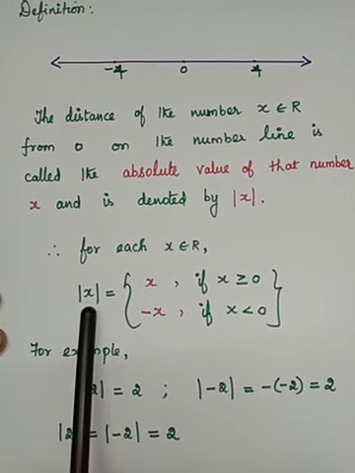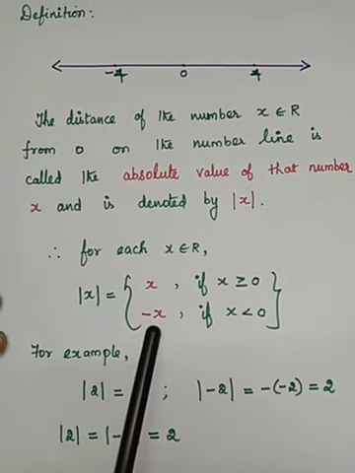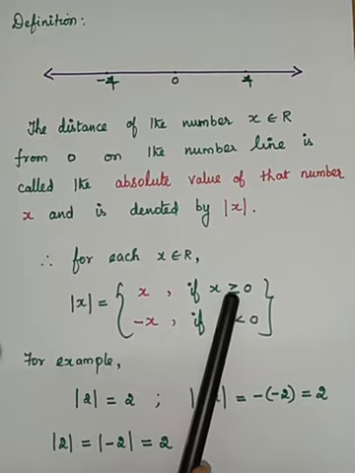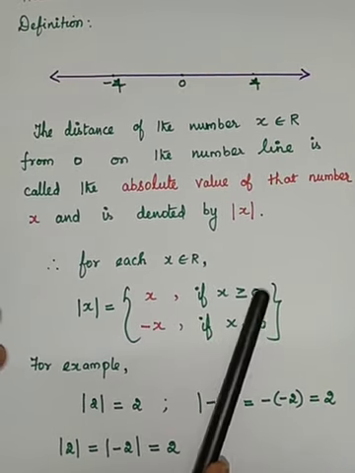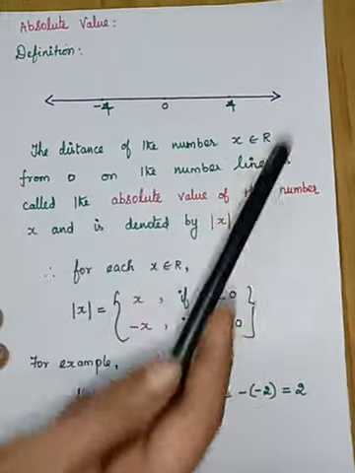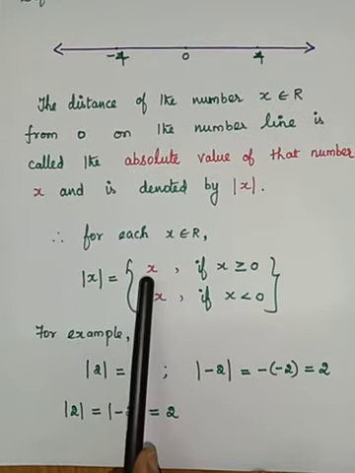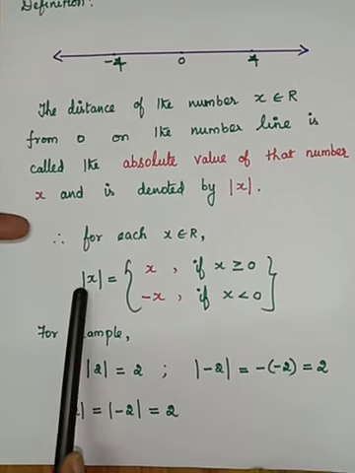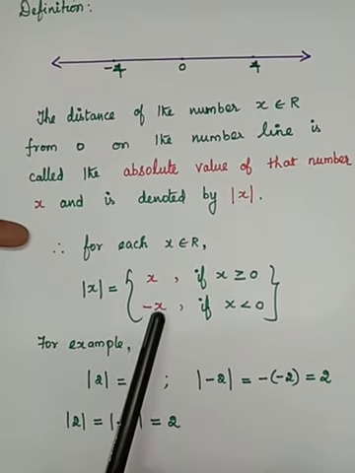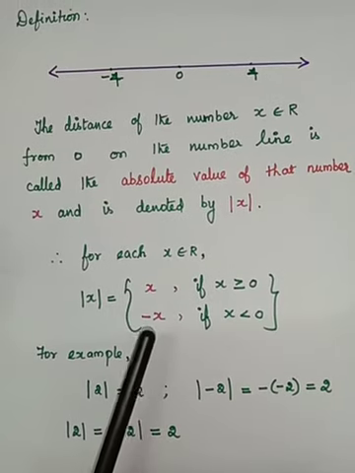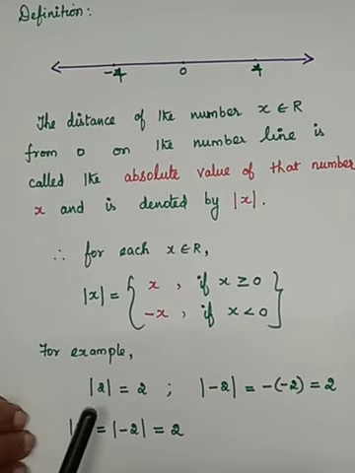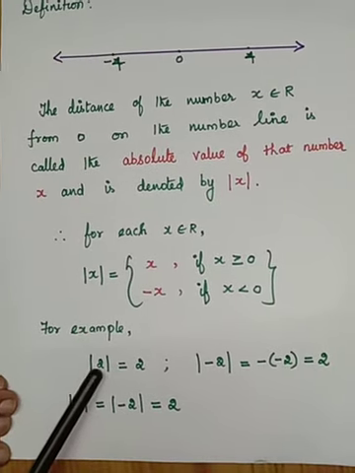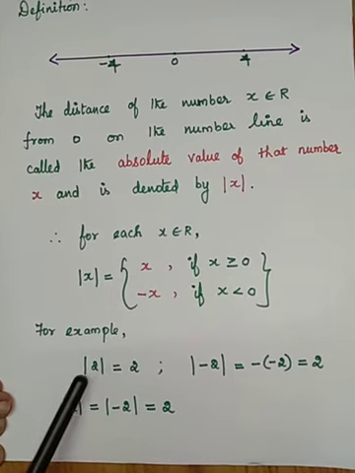Okay. So, modulus of x is defined in both the ways. If x is greater than or equal to 0, x greater than or equal to 0 means x is positive. So, 4, 5, 6 like that. So, your answer is x itself. But if x is less than 0, to find modulus of x, you have to write minus x. This answer is also positive. For example, you see that modulus of 2, the number 2, that is x is positive here. Okay. So, modulus of 2 is 2.